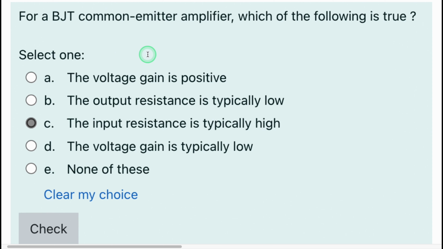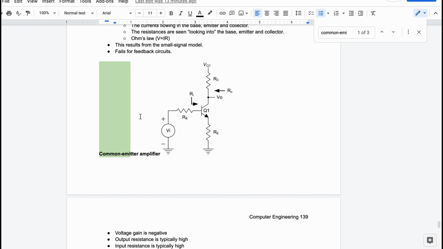Common emitter amplifier, we're asked which of the following is true, and we're going to select one of the following. We have first, the voltage gain is positive, so is this true or false? Well, our voltage gain, if we look at the notes that are linked in the description below the like button,